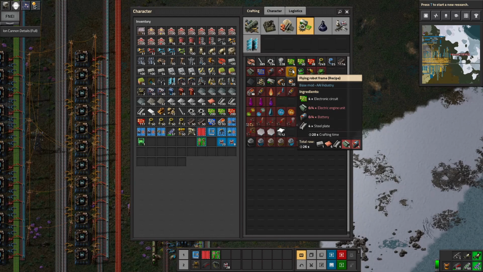And then we'll just take out of there in order to build our flying robot frames, because it requires green circuits, electric engines, batteries, and steel. We have all of those things. The kicker for this one is it takes 20 seconds, and it takes 4 of each of those in that 20-second span. Now, I'm making 1 electric engine a second. So in order to make the most out of that, I can only consume 1 a second. And this requires 4 in 20 seconds, or 1 every 5 seconds for 1 assembler. So if I put 5 of these assemblers down,